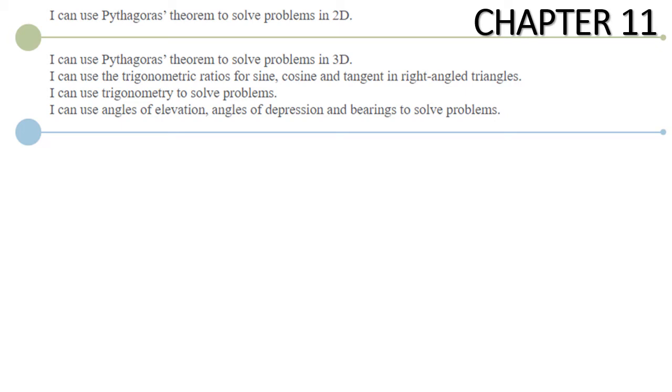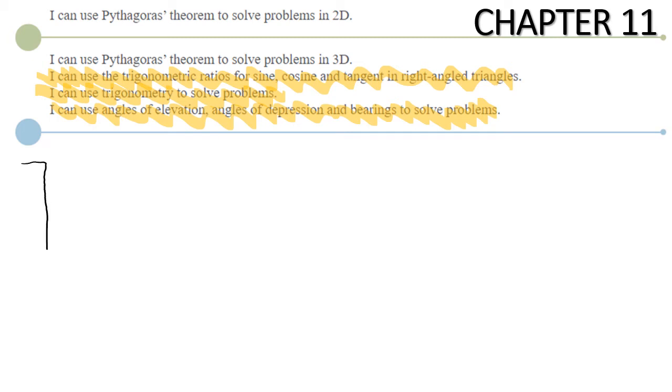Right, let's move on to trigonometry. So that's this bit here and this bit, but we might start with this bit here: angles of elevation, depression and bearings. So imagine that this is the edge of a cliff like this, and this is the sea down here, and there's a boat down here like this,